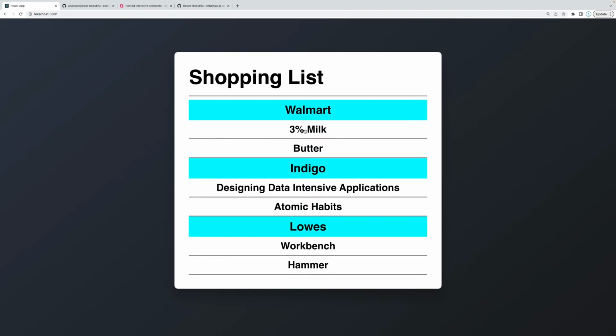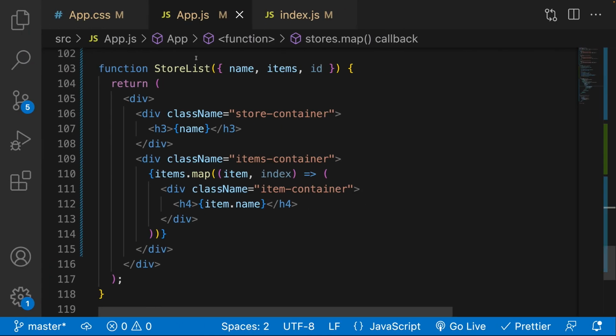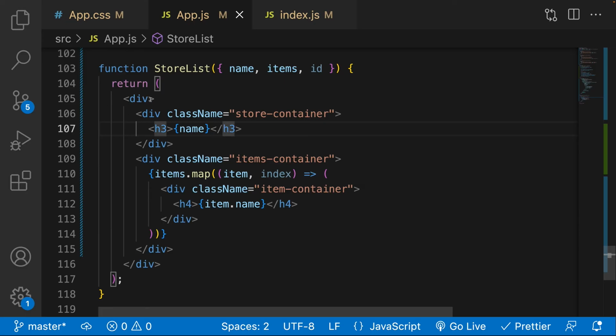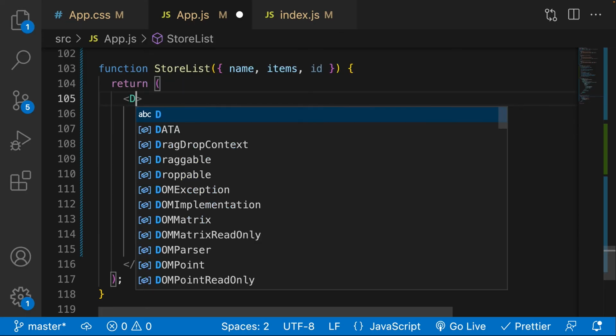But now we want to have multiple droppables. So this store list is going to be a droppable. This is going to be a droppable. This too is also going to be a droppable. So each store list is going to be a droppable, and then each item over here is going to be a draggable. So what we can do to accomplish this is change this div to be a